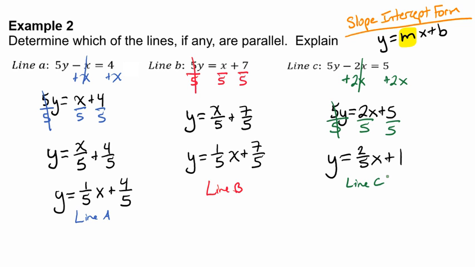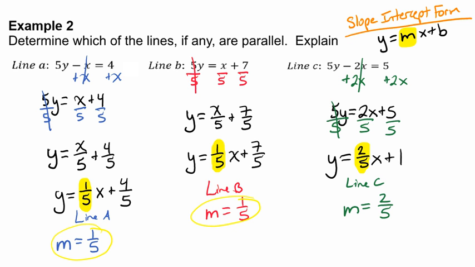So in order to compare them, we need to look at their slopes. We need to look at their m's. Here in line A, we see that we have a slope of 1 over 5. In line B, we see that we have a slope of 1 over 5. And in line C, we see that we have a slope of 2 over 5. And so we're able to see that because line A and line B have matching slopes, because they're the same, we're able to say that